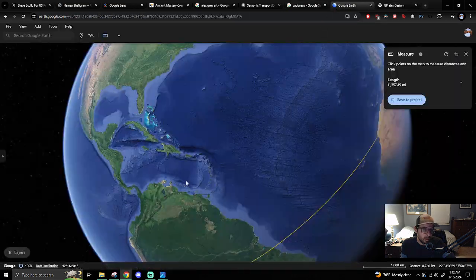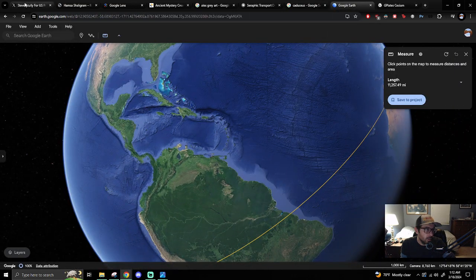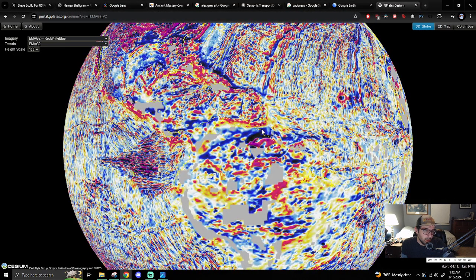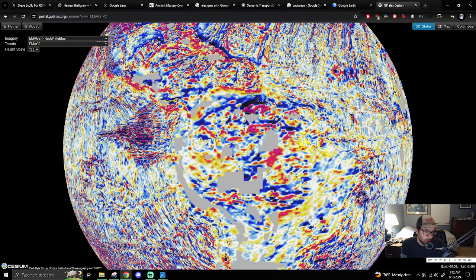Where is this? Yeah, right there. Right there, coming in and going to the mantle puncture hole location, to the secondary mantle puncture hole, as I've